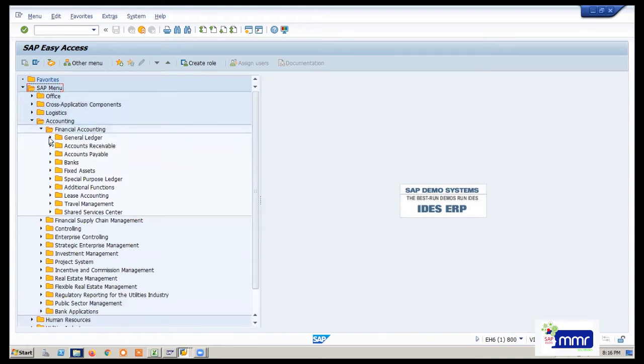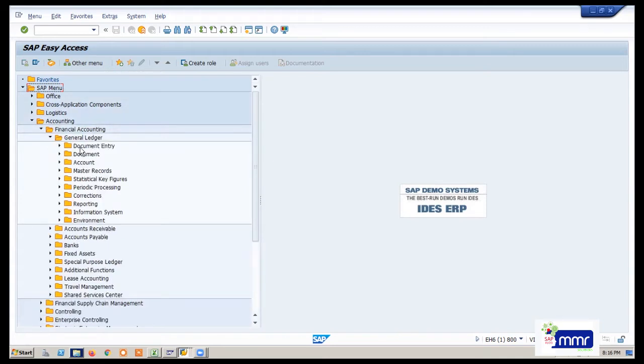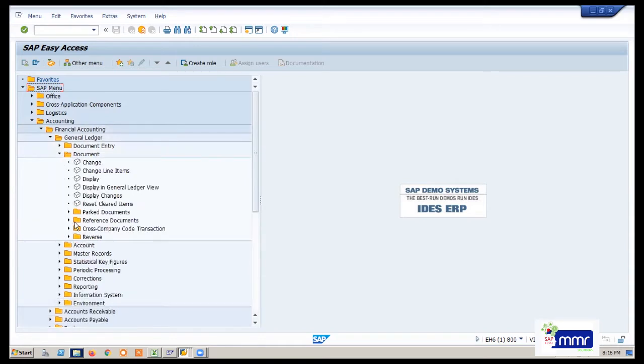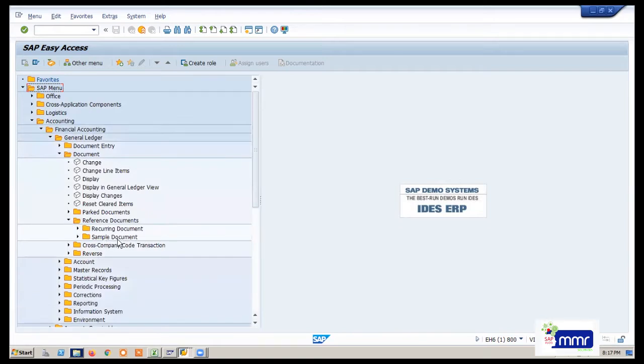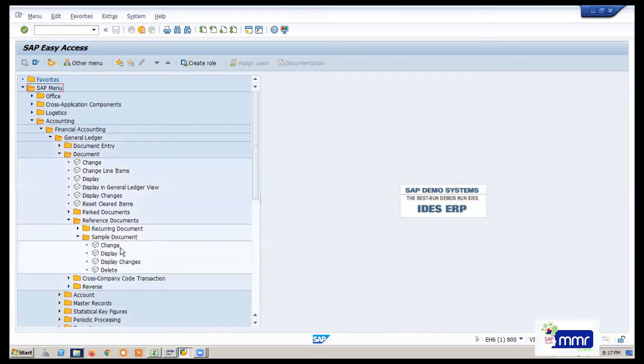General financial accounting, general ledger accounting. Here you can go to document. You can see reference documents. So you can see sample documents. Here you can create, change, display, everything you can do here itself. So the path is accounting, financial accounting, general ledger accounting, document, and reference documents. You have to select the reference documents, and here there is a sample document folder.